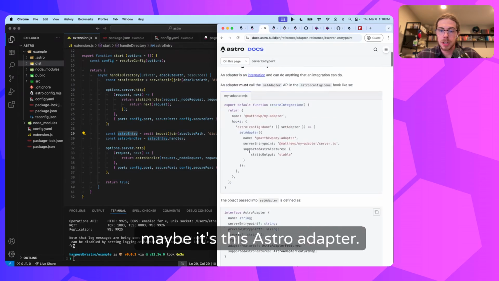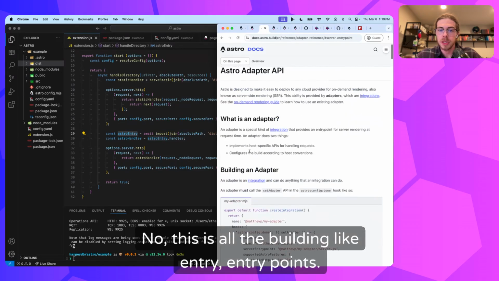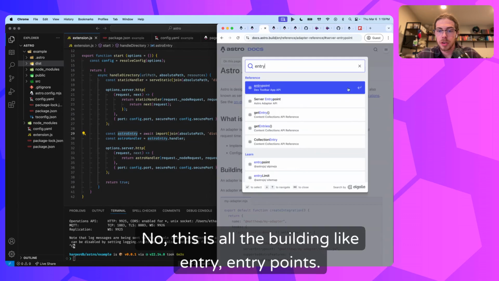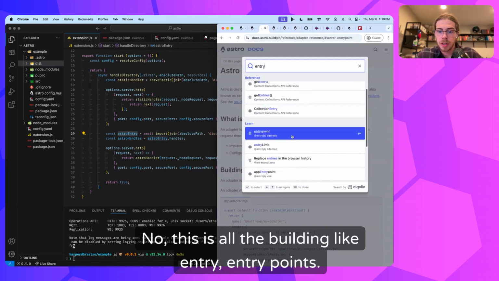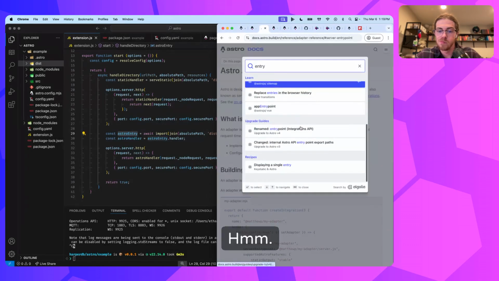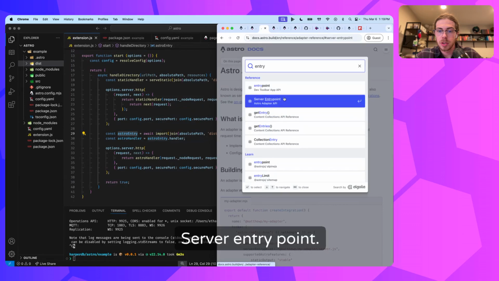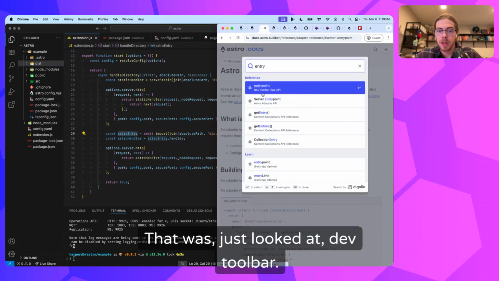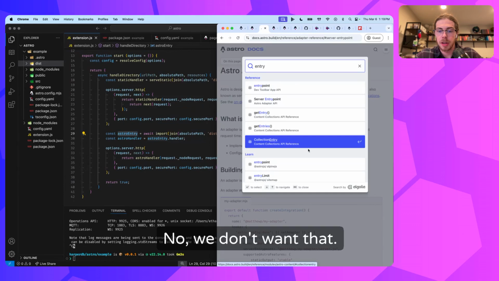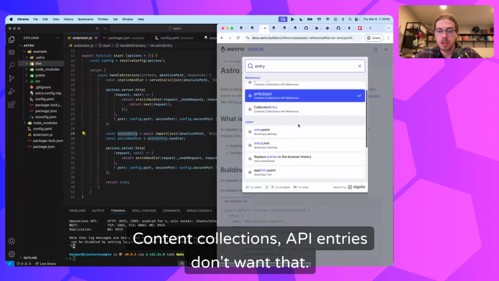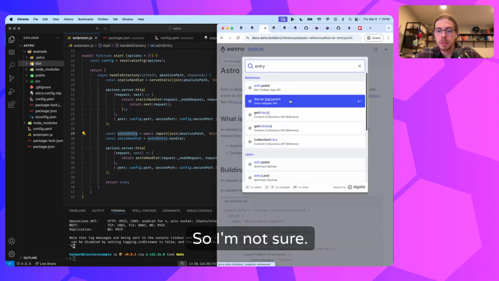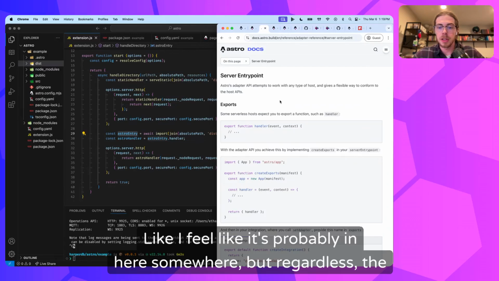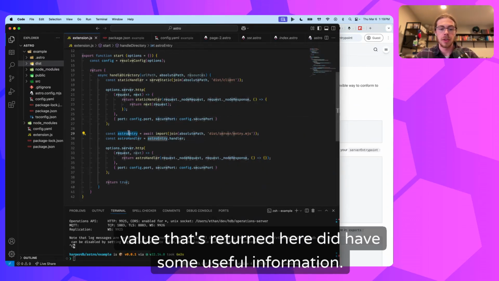Astro adapter, no. This is all the building, like entry point, server entry point. That was what we just looked at. Dev toolbar. No, we don't want that. Content collections API entries. Don't want that. So I'm not sure. I feel like it's probably in here somewhere, but regardless,